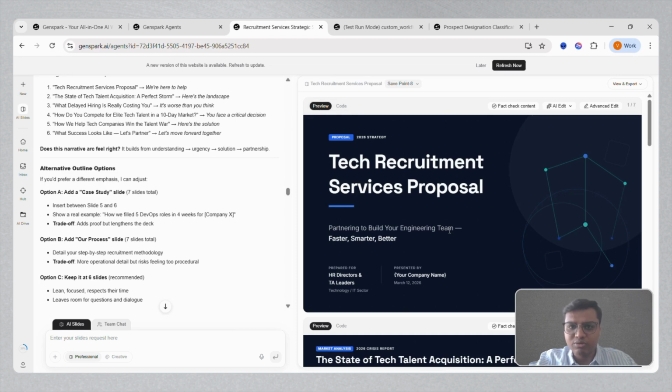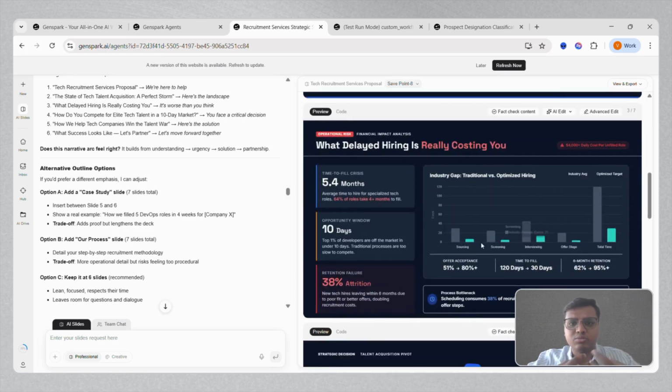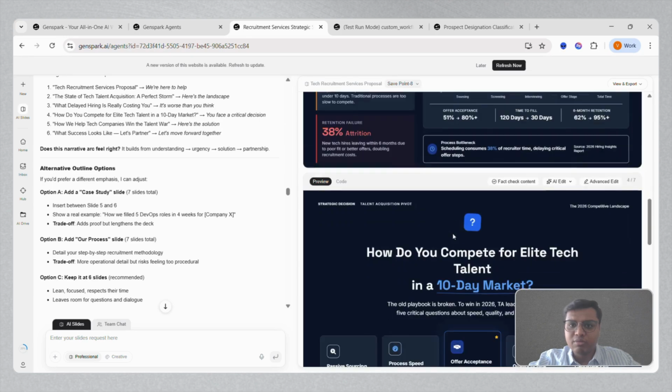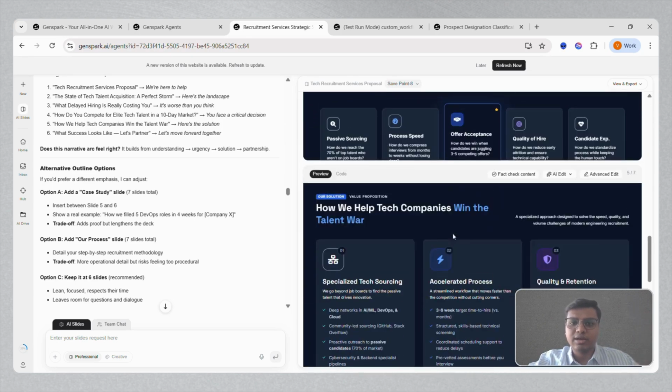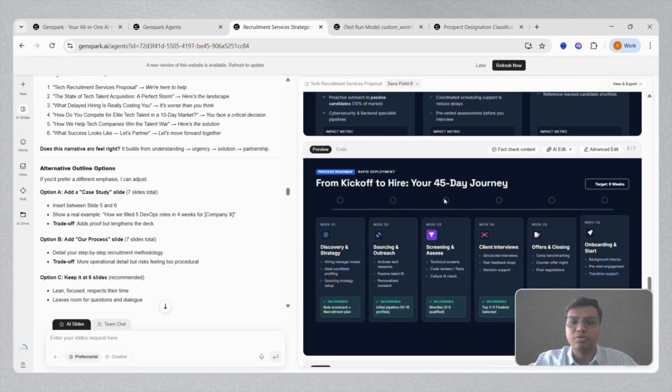Now the interesting thing over here that I would want you guys to focus on is the depth at which the design was made. If you can see, it looks like a genuine presentation with depth. There are stats that are represented really well. There are graphical representations that give more visual appeal. At the same time, the entire flow is in such a way that as a person or as a prospect, I get complete clarity as to, okay, what are the offerings of this HR tech company or of the HR